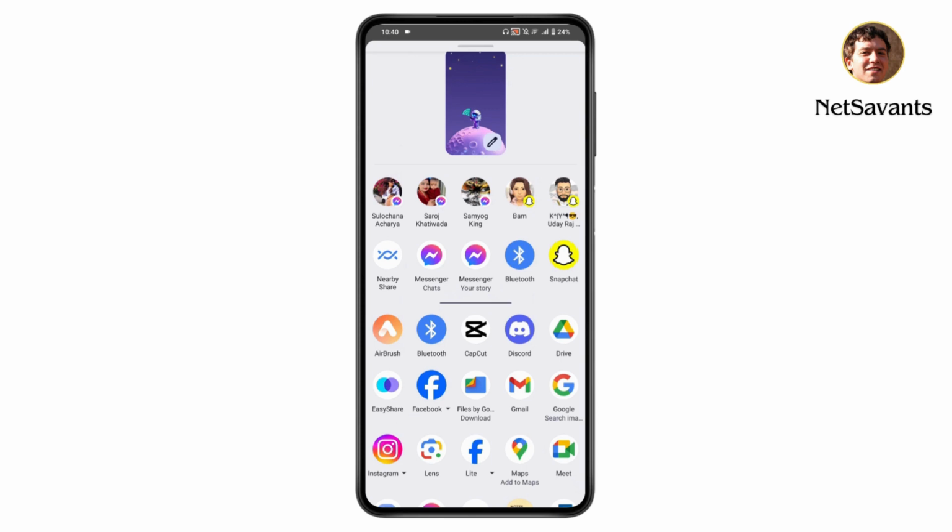That's how you can stop your Google Photos from automatically uploading and